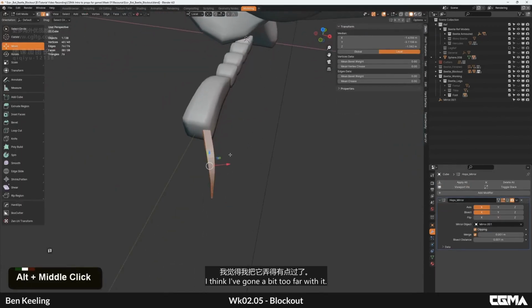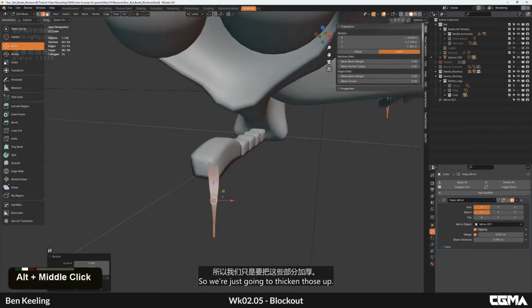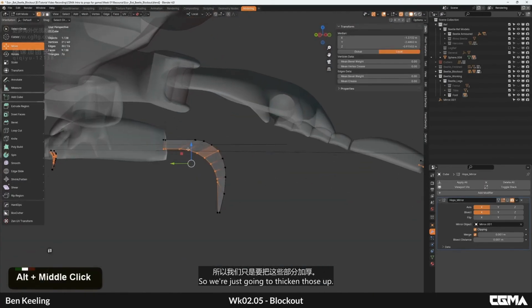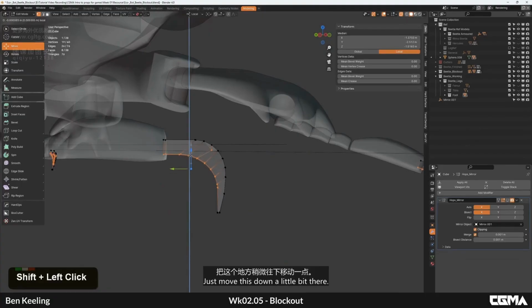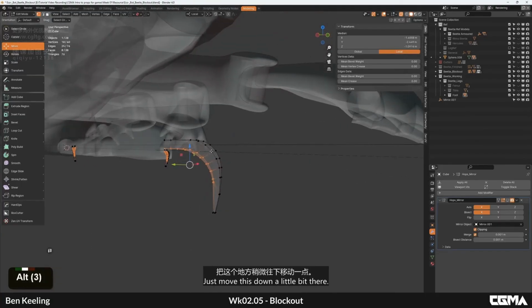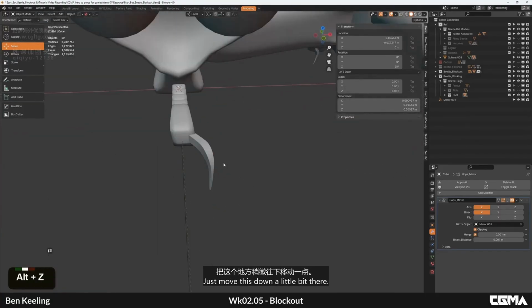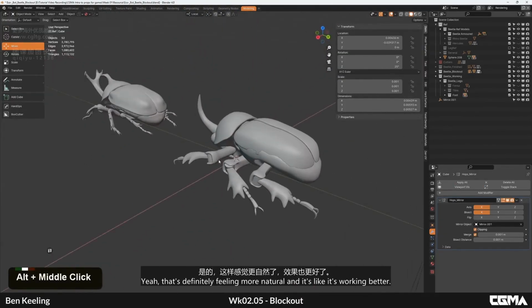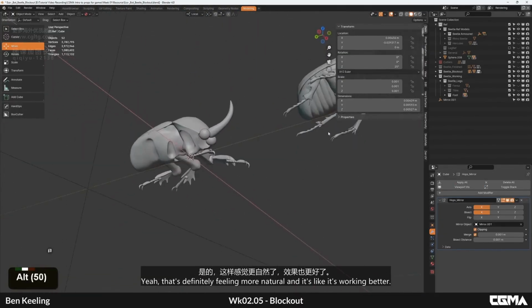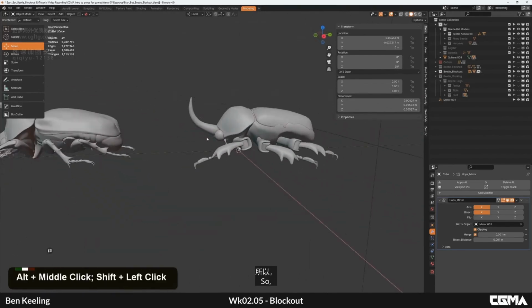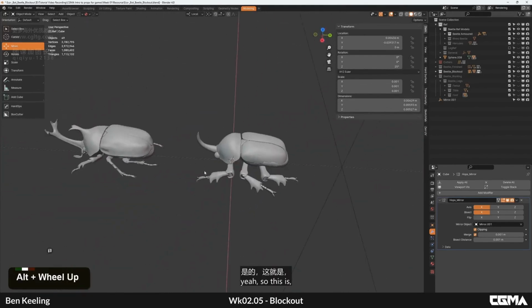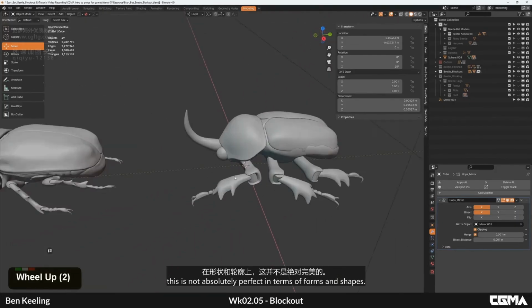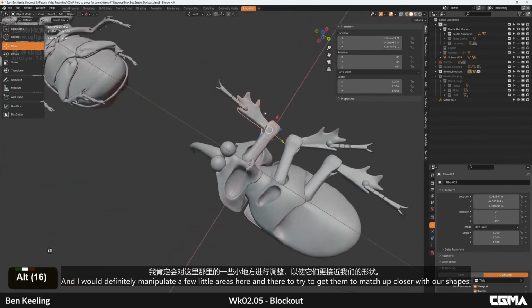I think I've gone a bit too far with it, so we're just gonna thicken those up. Just move this down a little bit there. Okay. Yeah, that's definitely feeling more natural, and it's working better. So yeah, this is not absolutely perfect in terms of forms and shapes, and I would definitely manipulate a few